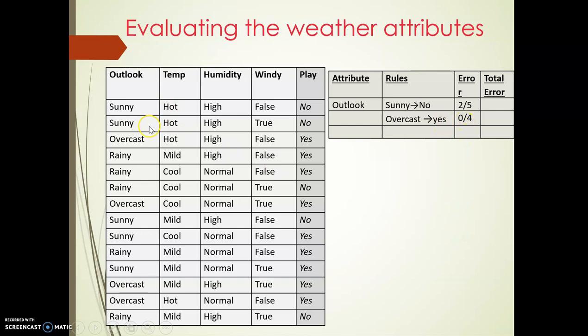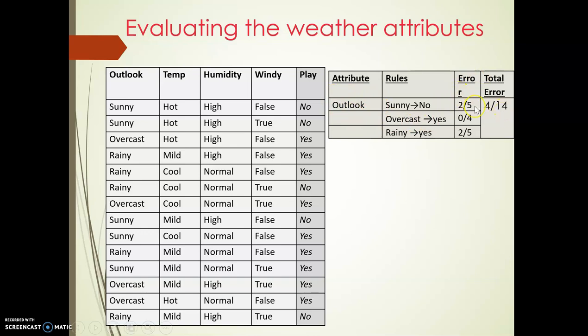Right. So similarly, next you need to calculate for the rainy. In this rainy, you can count how many rainies are there. Probably there are 5 rainy values, out of which the majority is yes here. If you count, you can see rainy 1 yes, rainy 2 yes, rainy 1 no, and rainy 3 yes, and last rainy 2. That means out of 5, 3 are with the decision as yes, whereas the rest of the 2 can be considered as an error here. So for the total outlook attribute, you can consider the total error as 4.